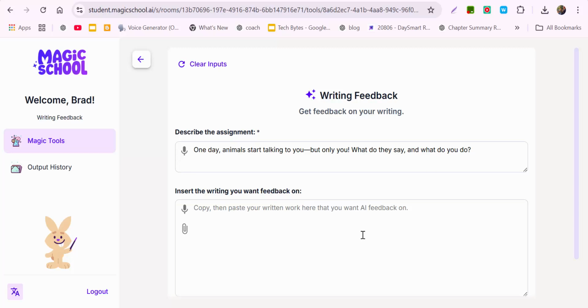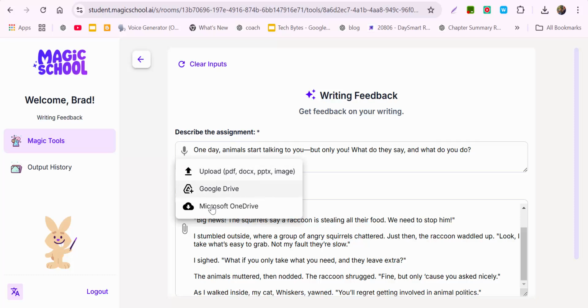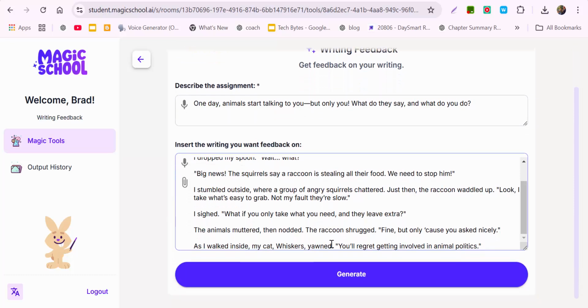Here's a prompt. Now, I would totally recommend them to write it in Google Doc or something like that. Of course, they could go ahead in. You can see your options here as well. I just copied and pasted it in. Now I'm going to select Generate. And when they do that,